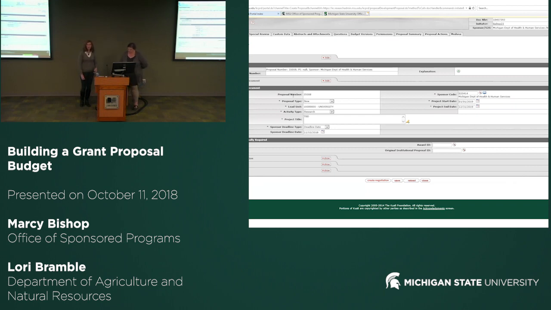One thing I want to mention while we're still on this page, I mentioned how this could be your test proposal that you can play around in. When you are going in, don't forget these start and end dates. So if you're working on one proposal and you want to know what the budget is going to be, you've got those dates in there. Well, when you go back in to check on another proposal that you're going to be doing, don't forget to update these dates in the system, because that's going to affect your budget. And when we get into that, it'll make more sense.